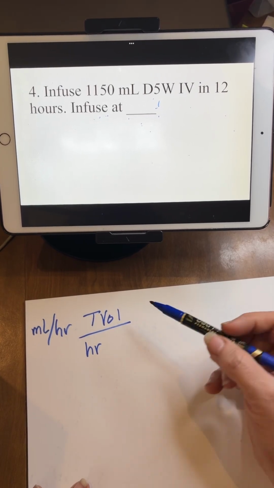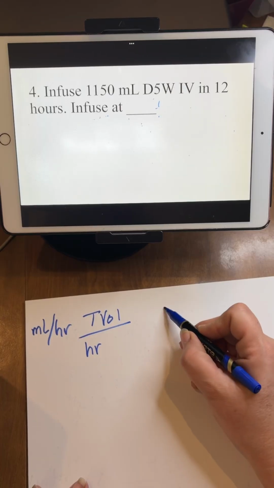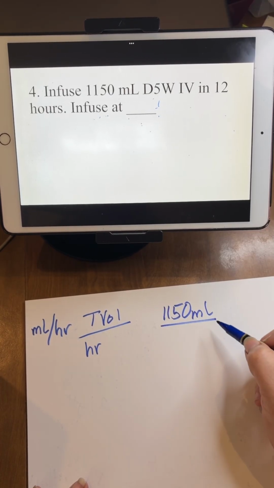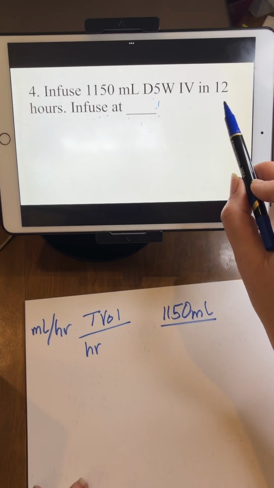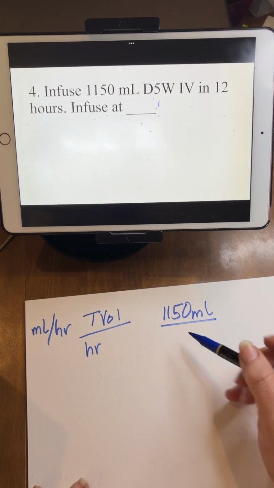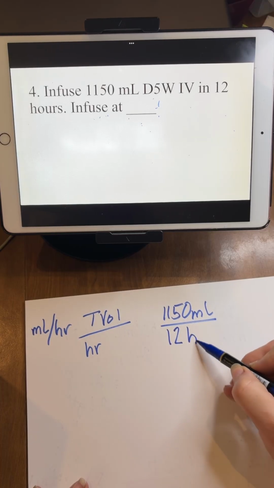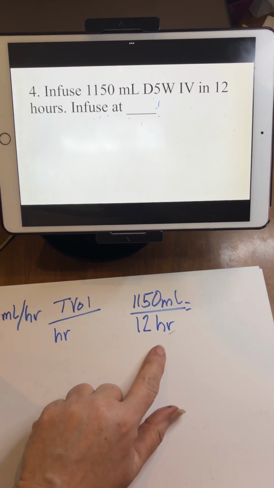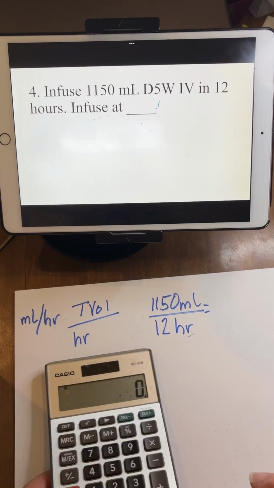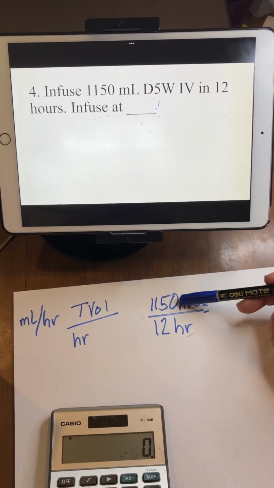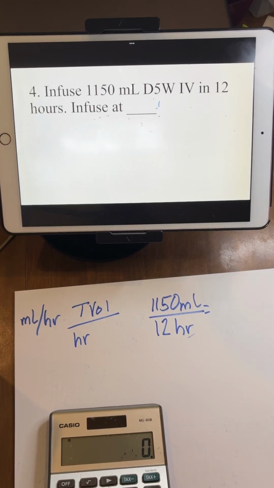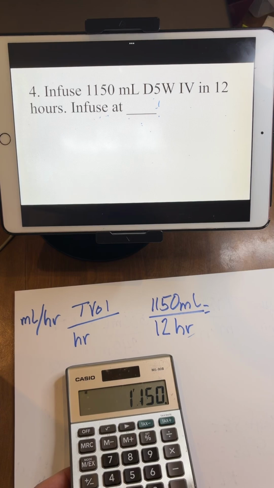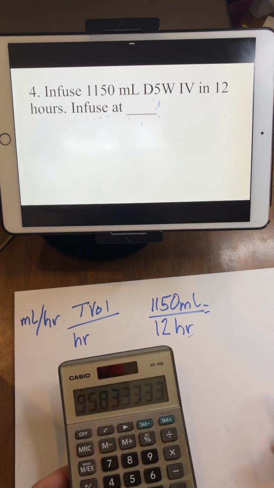So let's find this information. The total volume is 1,150 milliliters, and the total time is 12 hours. You see, it's got to be in hours. So you show your work right here by filling that in. And this fraction says the top number divided by the bottom number. That's what every fraction on the planet says. So 1,150 divided by 12 equals